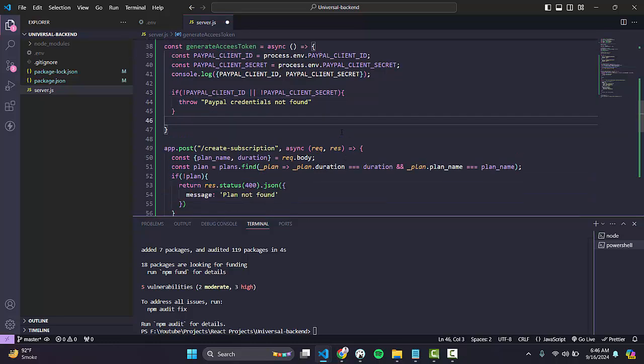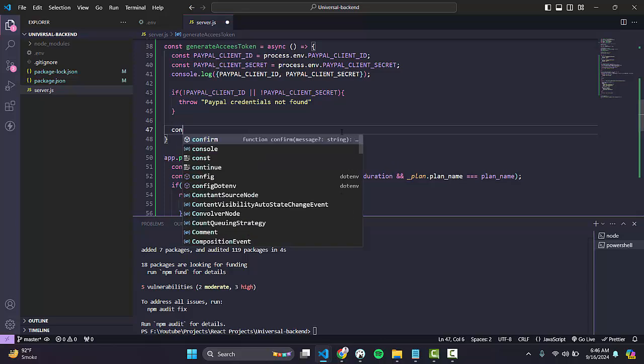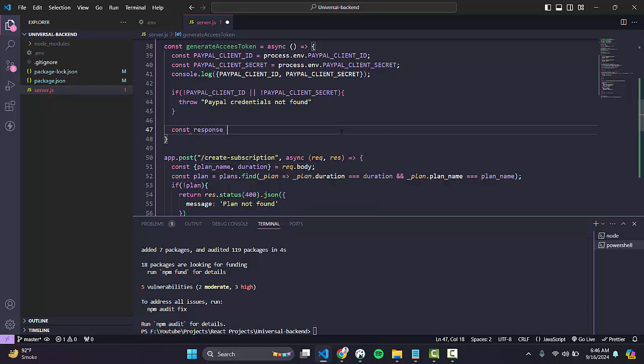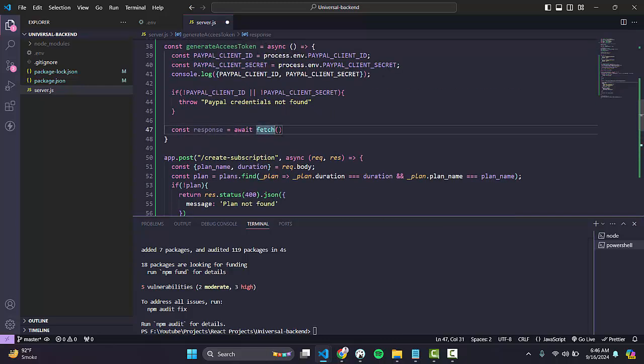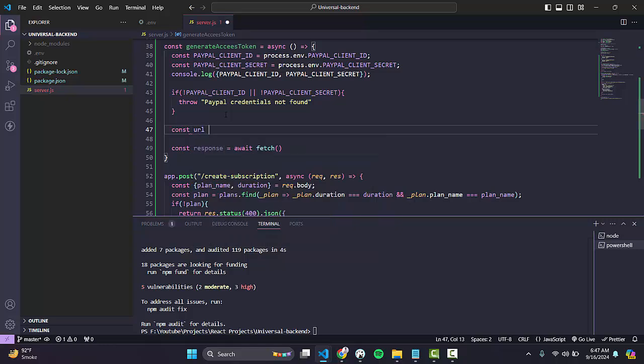we just need to call an API. const response = await, again the fetch. We need a URL. So the URL will be the same URL, but with some changes. We need this base URL first, v1 or v2. So we can call our token from this URL. So let's call it here, URL, and we again need to pass